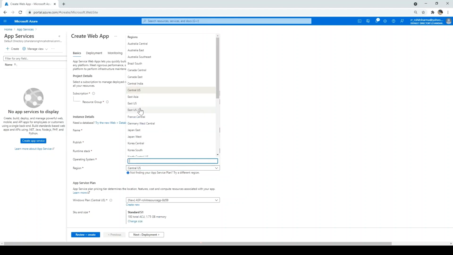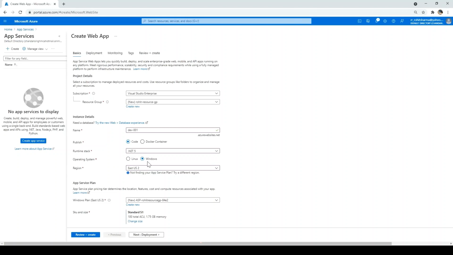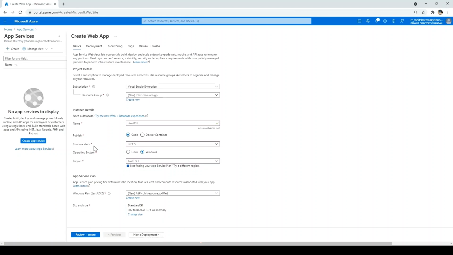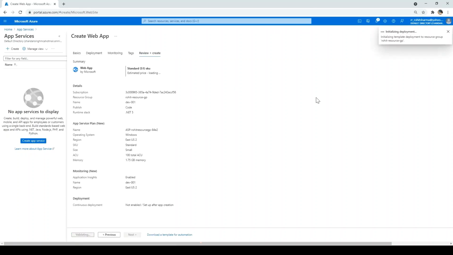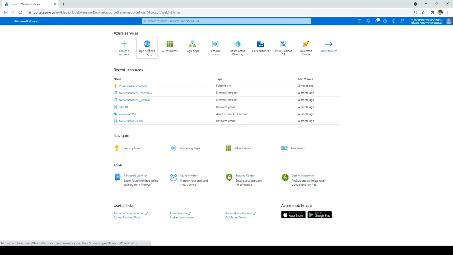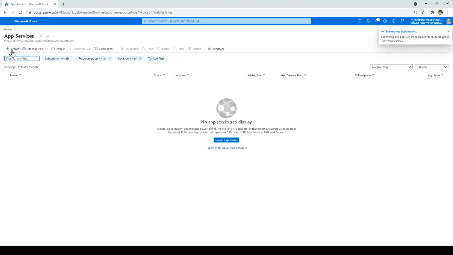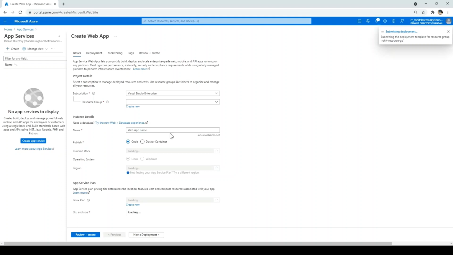and operating system I have selected as Windows, and other options I'll keep as default and click on review plus create. And then again I have to click on create. So it is creating the first project, and in the meantime I'll go back, click on home and click on app services again, then click on create again and create another one.